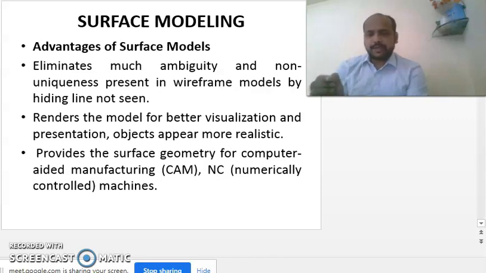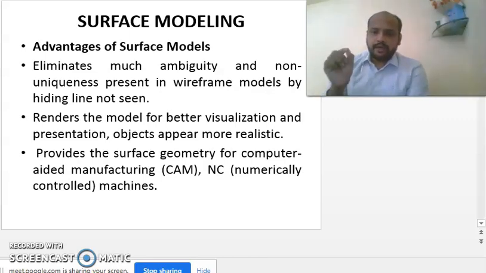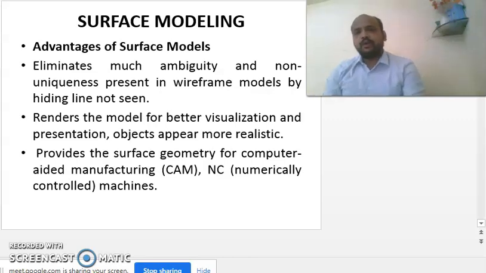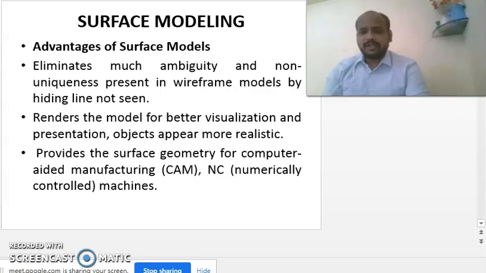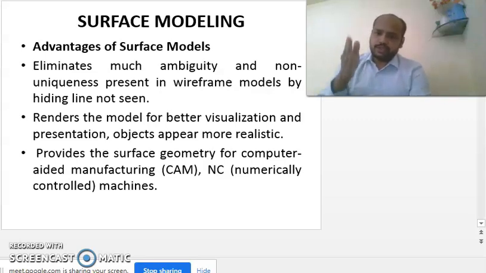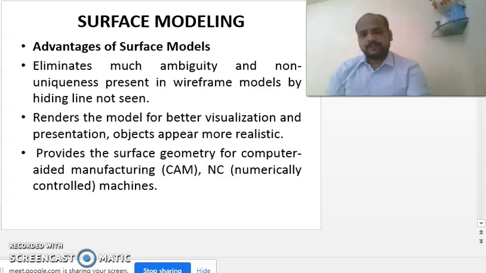Obviously their surfaces have a very small thickness value, but it does not represent the solid inside that box. Just an example I am telling you. Whenever you extrude a single line, it becomes a surface.